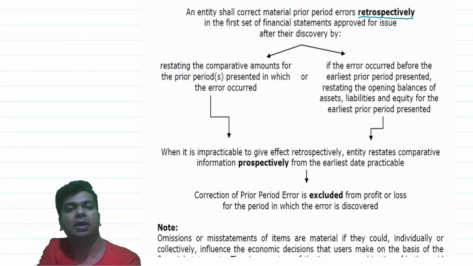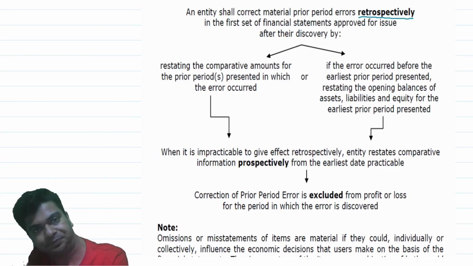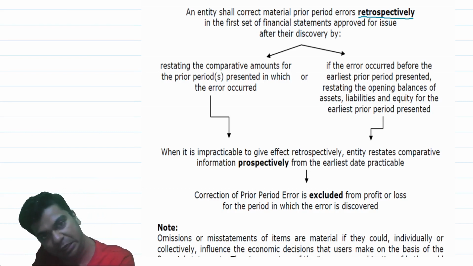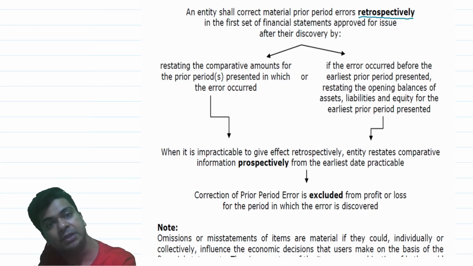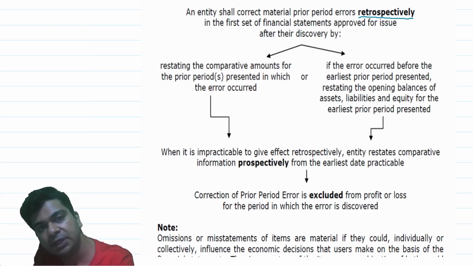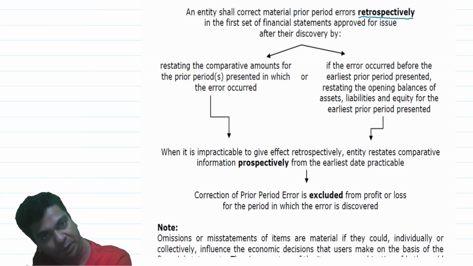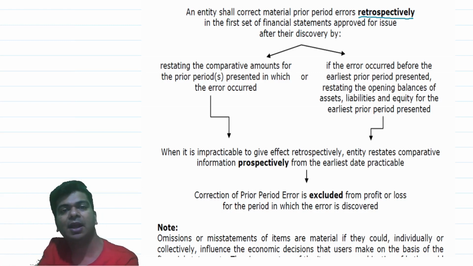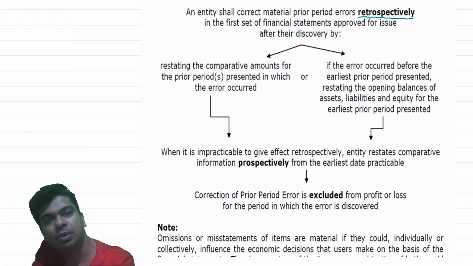Ind AS 8 gives a very different treatment. Since now you are already aware about the treatment of accounting policies, the effect of change in accounting policies, you will not find this very difficult. Error was committed in the previous year. Will you give the previous year figures for comparison? Will you give previous year figures for comparison, isn't it? You should adjust that in the comparatives. As simple as that.